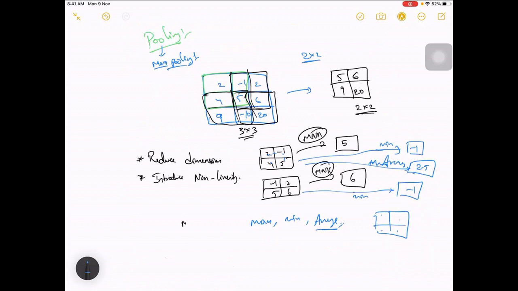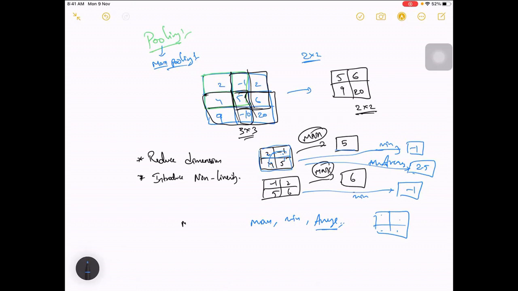There is a small disadvantage here: it will lose your information slightly. You have 2, 4, -1, 5, but you are only taking 5 in the end. It means it loses the information of the other 3.